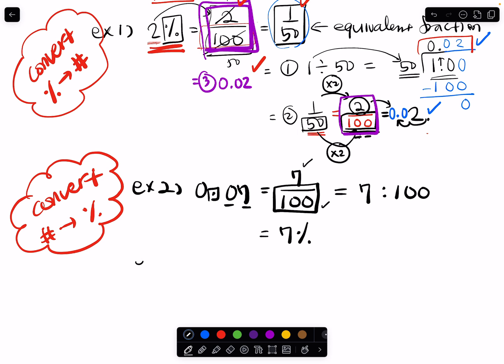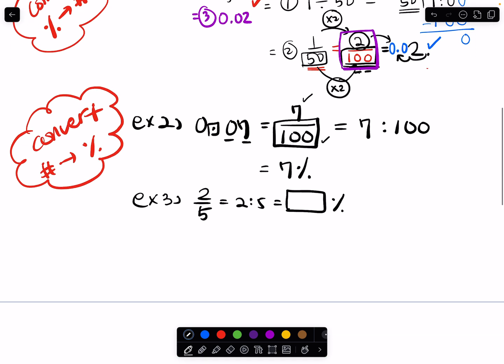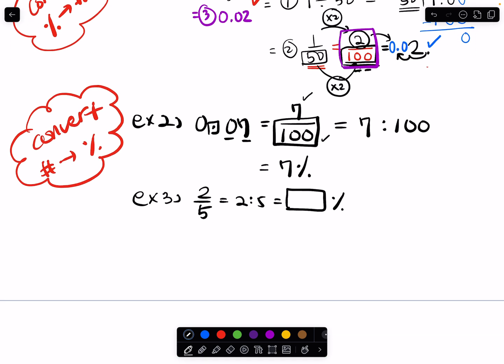Now, what if you have a problem like this? Ready? Instead of a decimal, it's a fraction. It's a fraction, which is 2 over 5, and let's express that as a percent. Now, I talked about this. We can,